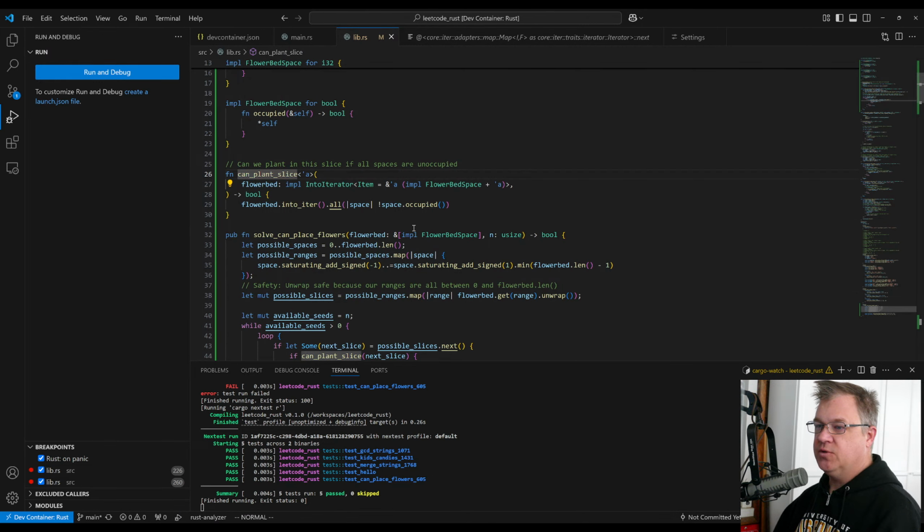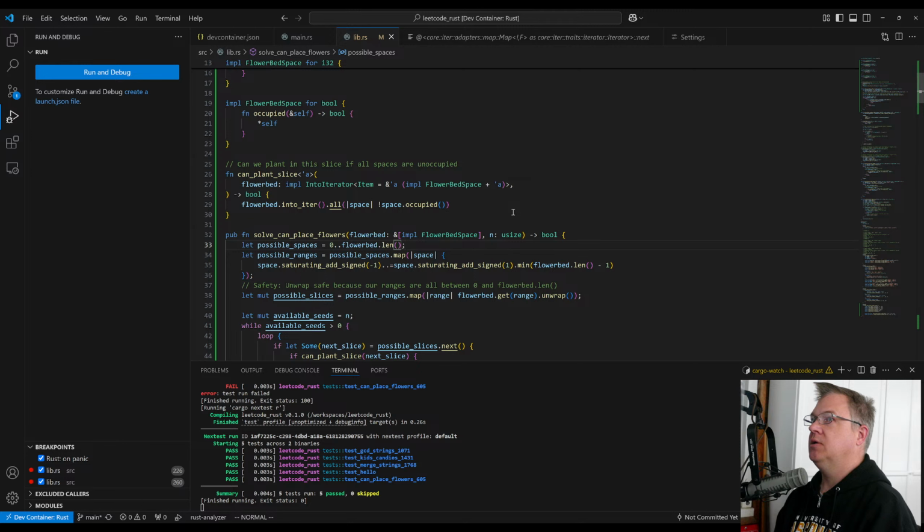So we have this now can plant in a slice, and in this case, the way we're defining it is that we can plant in this slice if all the spaces are unoccupied. We're actually only going to be getting slices of 3, and by definition, we can plant in that area, if nothing is adjacent, including ourselves.